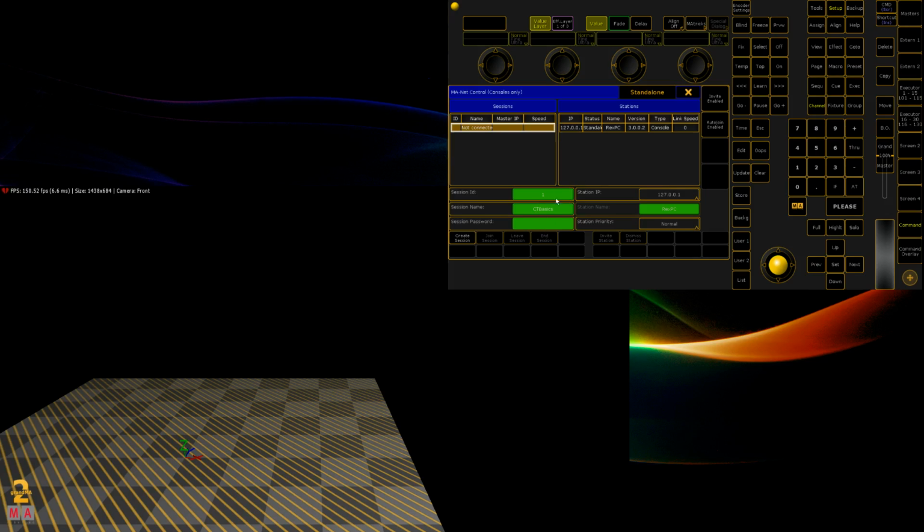We're not giving it a password. We're setting the station IP to the local IP address, so the loopback one, because I'm talking to MA3D on the local computer, but we could also set it to 192 or whatever your external IP address is, in case we wanted to run it across two computers or link in remotes and stuff like that. So once we're done, we click create session,